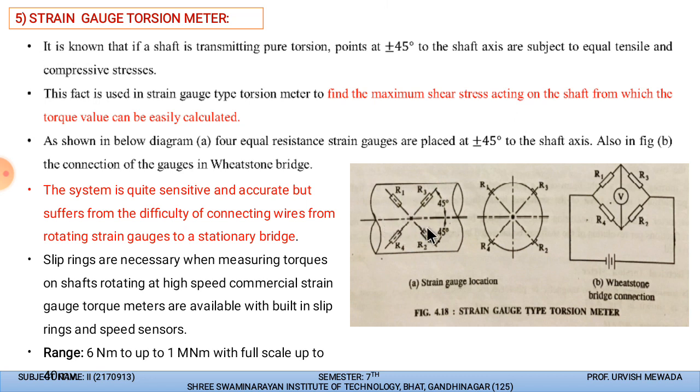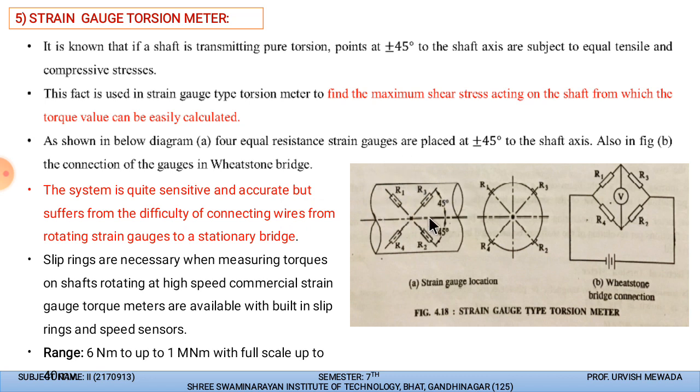It doesn't mean that it will not rotate, but the weight and frictional and windage losses will take place, and also the weight of the shaft doesn't allow the rotation. So the load acts opposite to the rotation, and whenever the rotor tries to rotate, the force acts in the opposite direction. Due to that, a minimum amount of compressive and tensile stresses will develop on the shaft surface.